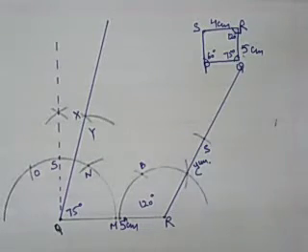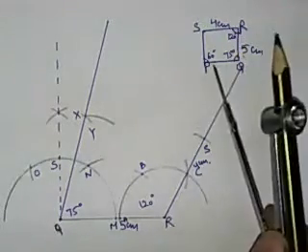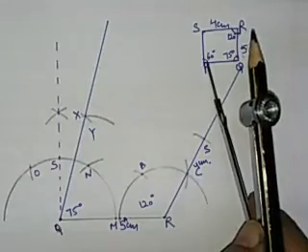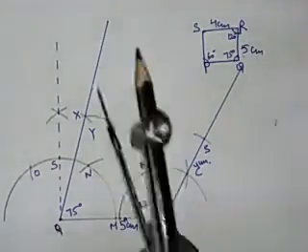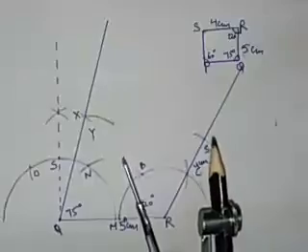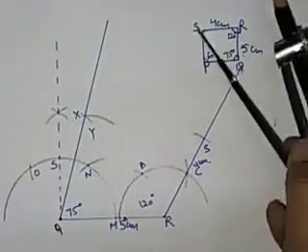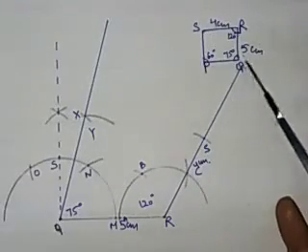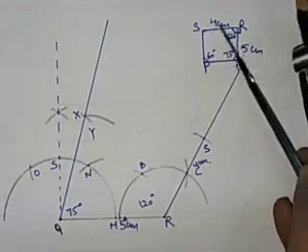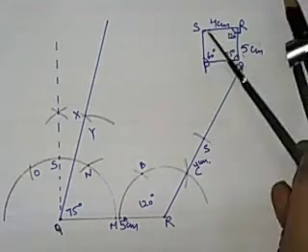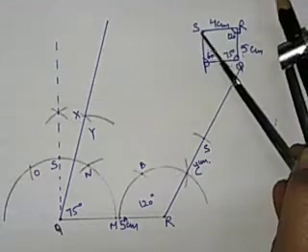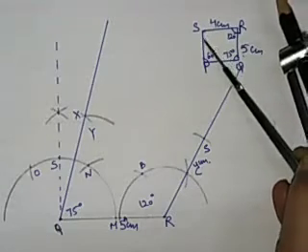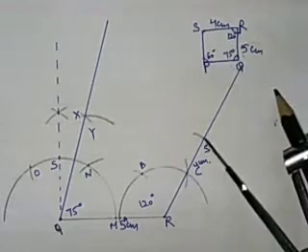Now looking at my rough figure, I can see that angle P is 60 degrees and definitely P should be somewhere on this line, but where it should be is not mentioned because there is no distance given from P to Q and P to S. And S point I have, but there is no angle. So I have to first of all calculate this angle S so that I can start